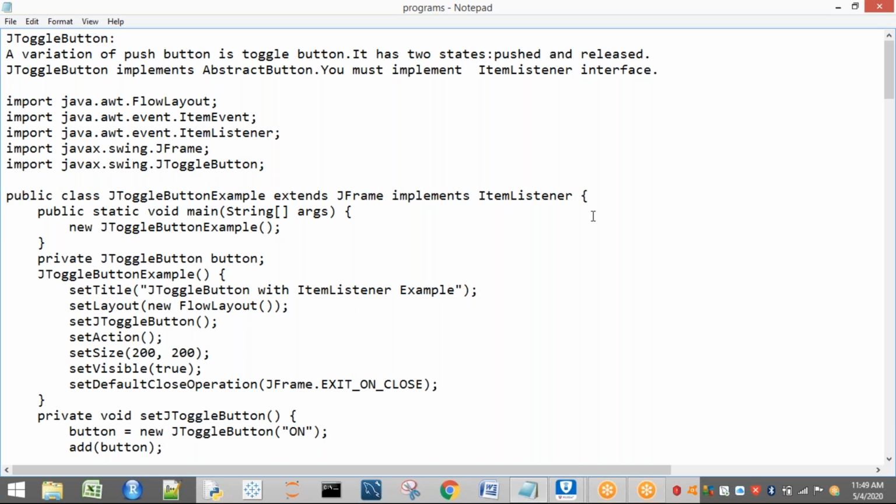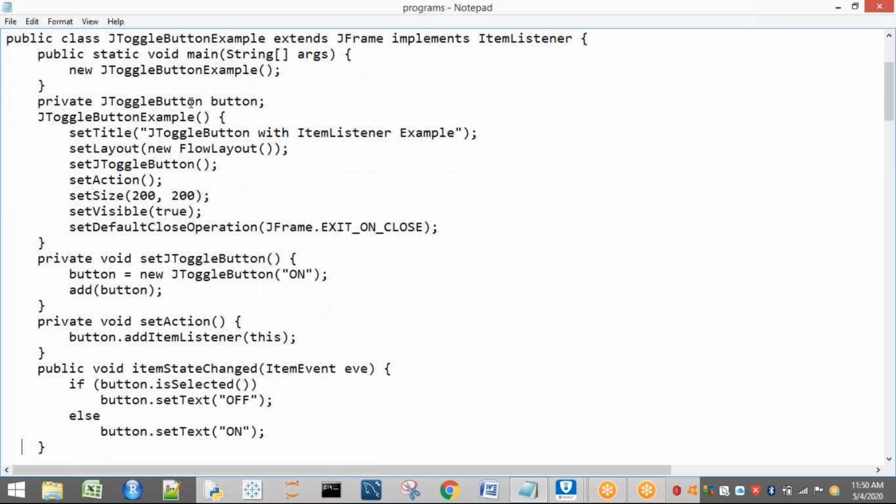So which interface does it implement? The AbstractButton interface. These main points you have to remember. Which event does it generate? Item event. So internally we have to implement which method? itemStateChanged. Inside that method we have to write the functionality of the toggle button, what it has to do. Here you have to understand that the toggle button is the superclass of some of the classes which we are going to see next. Remember that. Now see here, we are going to import some of the classes, and next, already we know, in the previous session I discussed how to create a frame.